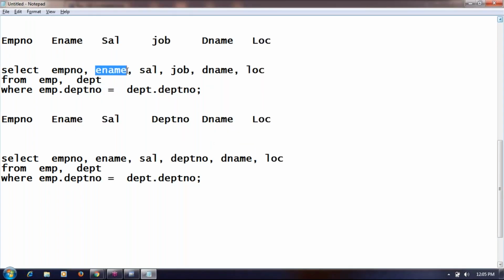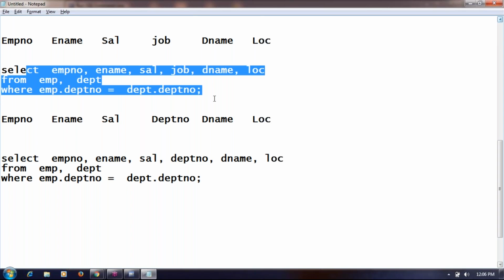Employee name is searched in how many tables, Dilawar? Both the tables. And it is available in only the employee table. Salary will be searched in both the tables. Job will be searched in both the tables. Department name is searched in both the tables. Department name is searched in the employee table: not available. Searched in the department table: it is available. Yes, it will display the data from the department table. That means every column is searched in both the tables. Now a column is either available in table 1 or available in table 2. So from whichever table it is available, it will display the data. Is the query execution process clear?